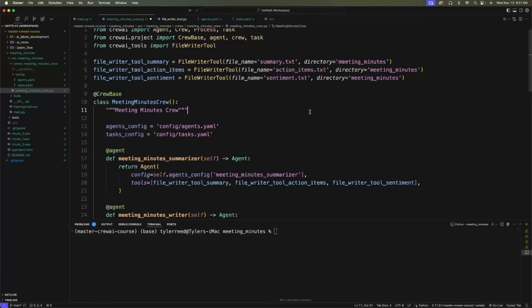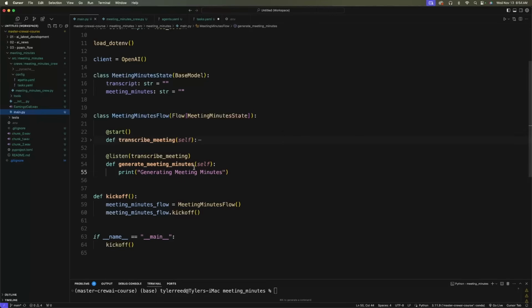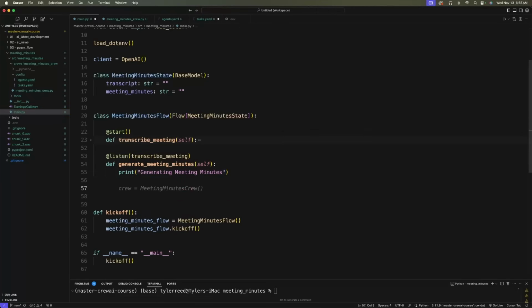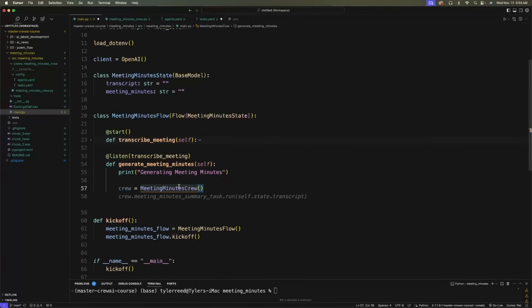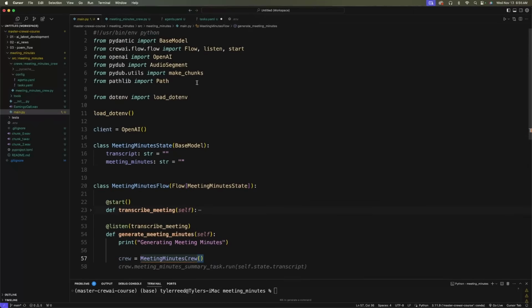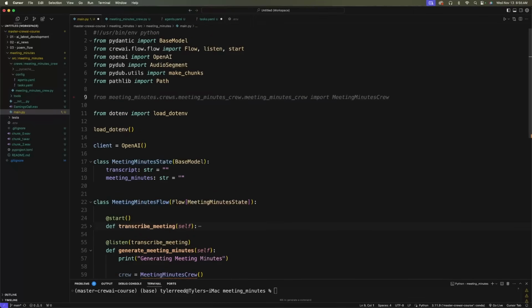What we now need to do is go back to the main Python file. And as you can see here, we have this method we just created before that. We need to call this crew to kick them off. So we can say crew equals, and then MeetingMinutesCrew. We haven't imported that yet, so we can go ahead and do that now. We'll say from crews.meeting_minutes_crew.meeting_minutes_crew import the actual class, MeetingMinutesCrew,